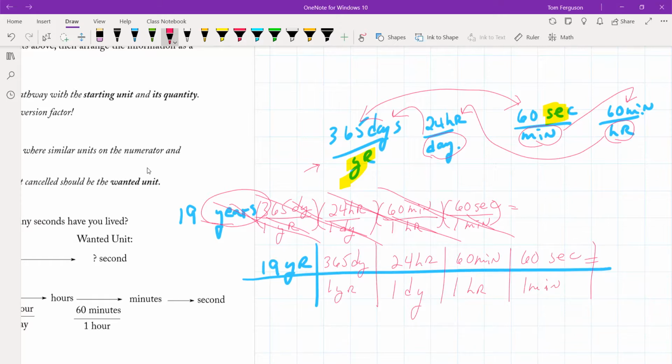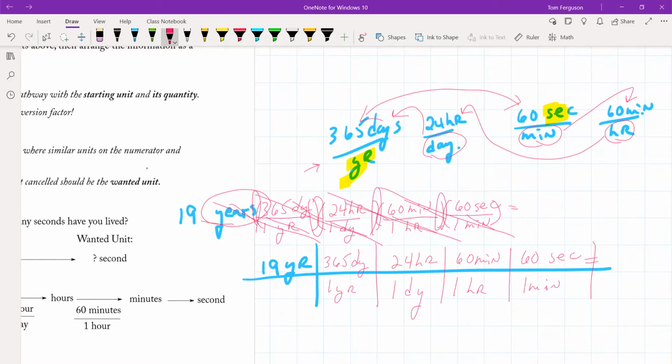As opposed to parentheses. Some people use parentheses, some people call this train tracks. I think the train tracks is a little less cluttery than parentheses. They're both the same thing. So basically I substituted a solid line for these front and back parentheses. That's the only thing. Okay, so to work this problem, we're going to go 19 times 365 times 24 times